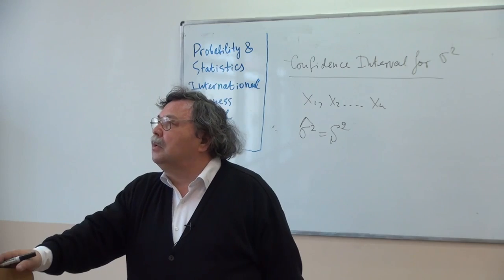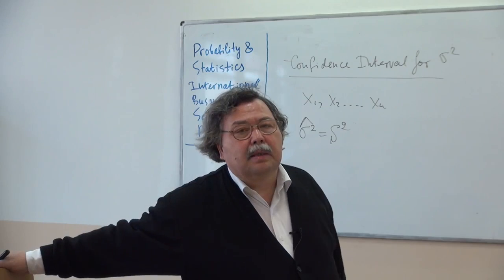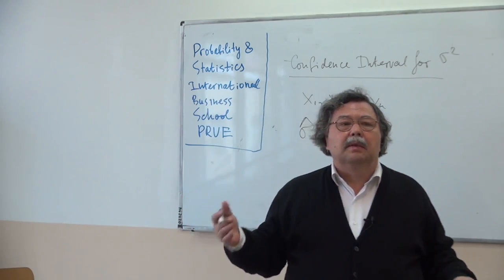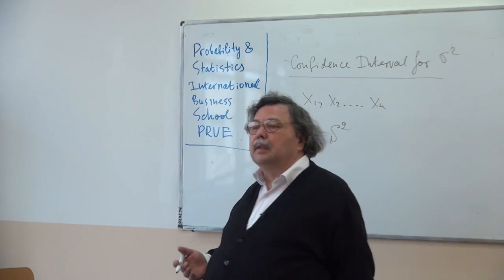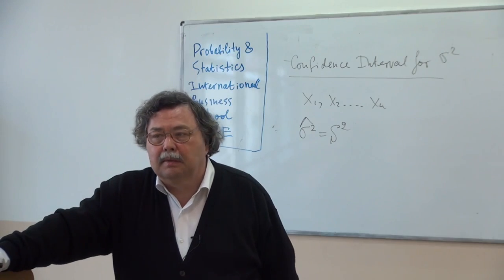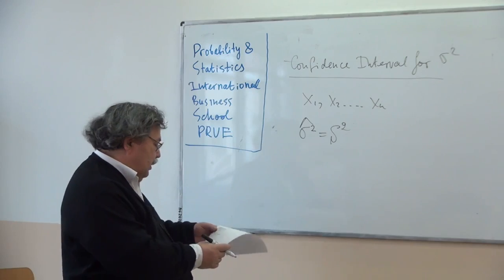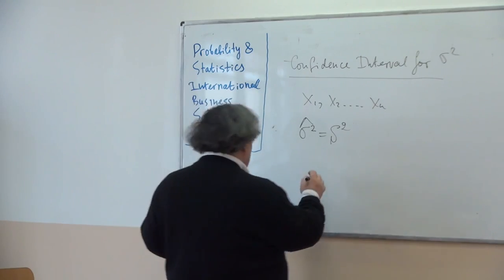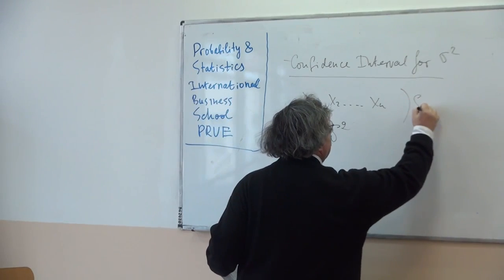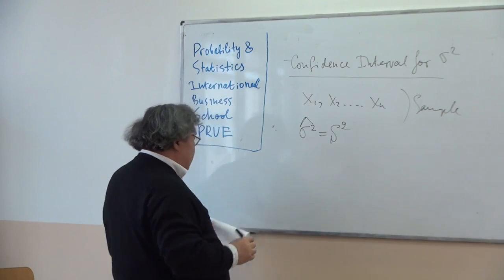But when we talked about estimating the population mean, apart from a point estimate, we were able to provide an estimate in the form of an interval, and the name for it is confidence interval. The same kind of thing can be done to this. And this is how it's done. We take a sample. So this comes from a sample. These are the sample data. And then